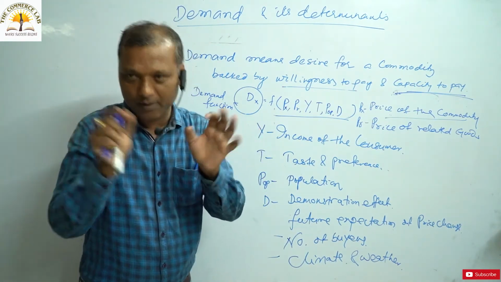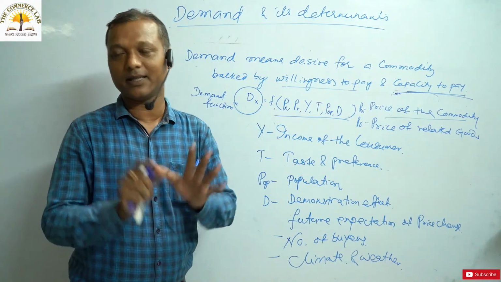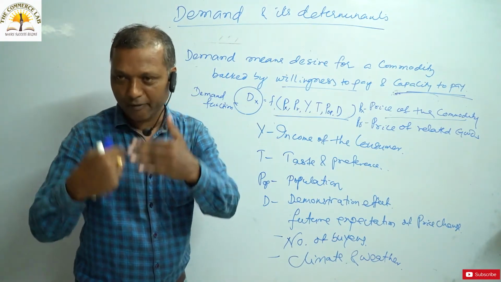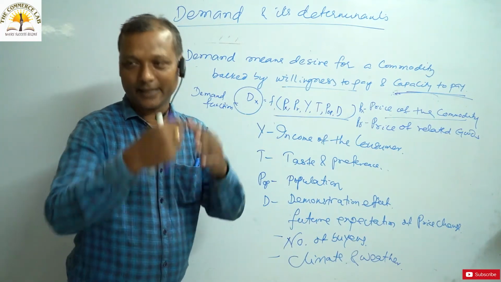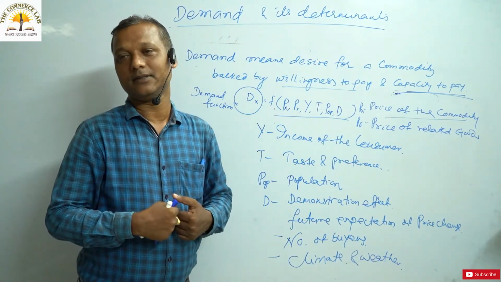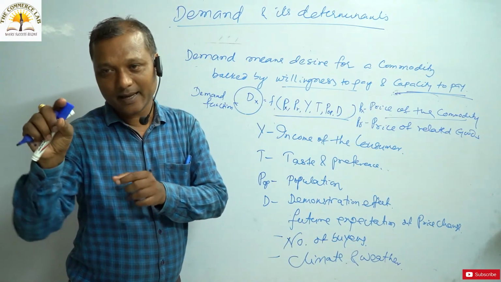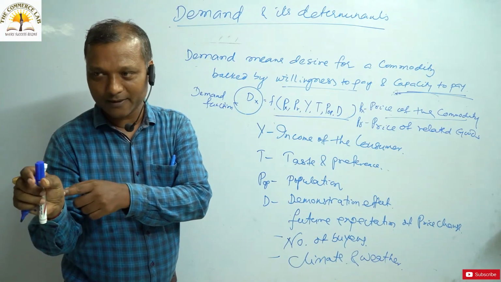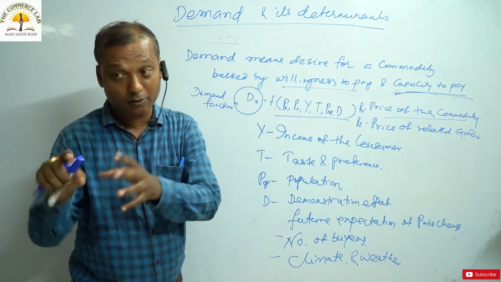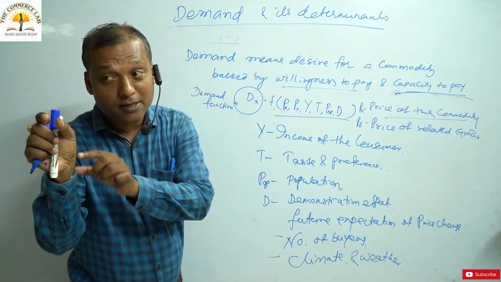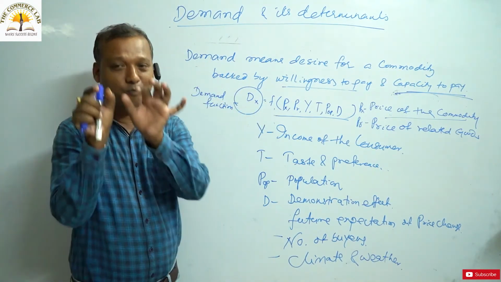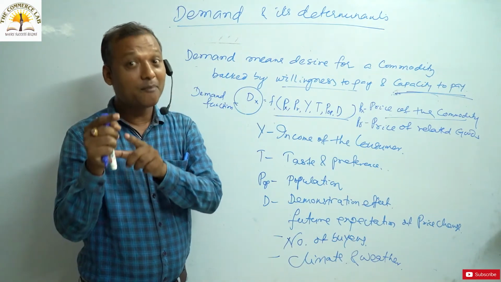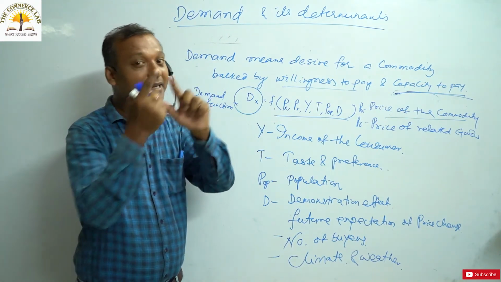I put a simple change over here. Take for example, the price of coffee falls from 10 to 7 rupees. कॉफी का प्राइस क्या हुआ? 10 to 7 rupees हो गया. So we have seen a fall in price of one commodity. Then what will happen? A fall in price of coffee will attract the customers of tea.